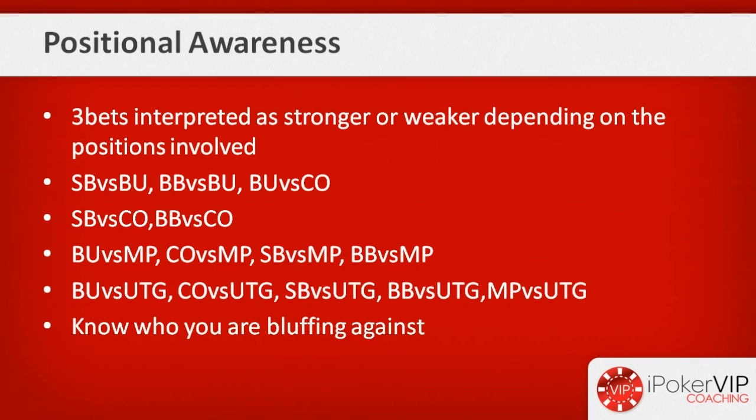The key to using this information is to know who you are bluffing against. For example, if a fish opens from under the gun and you think he is perhaps somewhat positionally aware, so he is opening stronger ranges under the gun than he is opening on the button, it's probably not a good idea to 3-bet bluff against his under the gun opening range, because he is probably not going to be folding a hand. However, if a good regular opens under the gun, these then become good spots to 3-bet bluff,